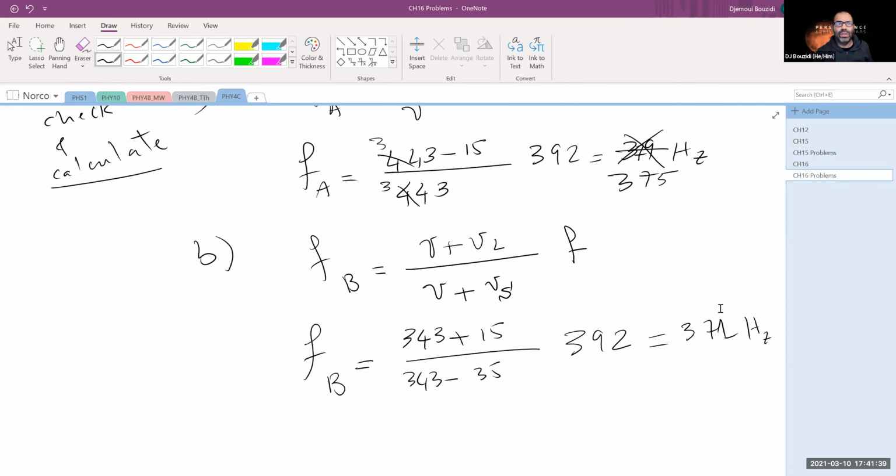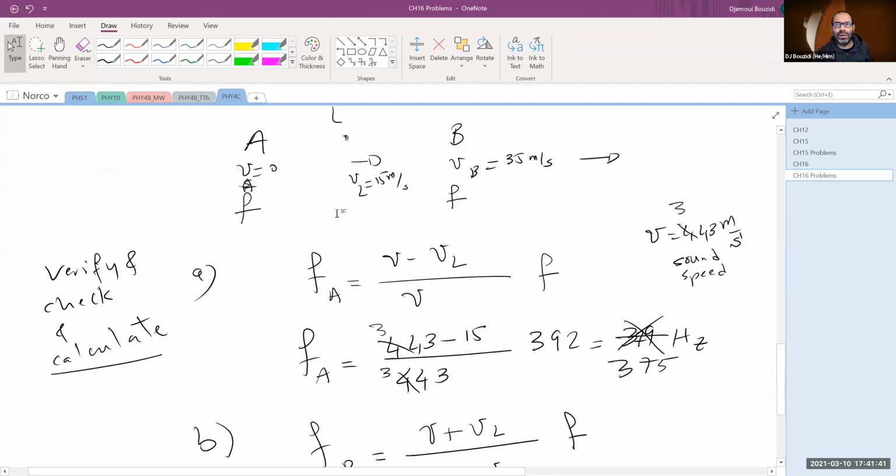If all of a sudden the other train starts to move 35 meters per second, which is going to gain speed on him, he's going to hear higher and higher frequency than 392. That's an interesting application. You guys can pick up that one, okay? You can see it at work, okay? Anyway,